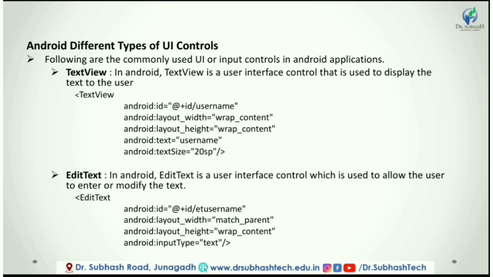The android:inputType property specifies which type of input we need in this component. For example, android:inputType equal to number: if we have to type a number value in the EditText. If the value is text, then we can type any text value in the EditText. If the inputType value is textPassword, then it makes the EditText a password box. If the value is textMultiLine, it makes a multiline text area.